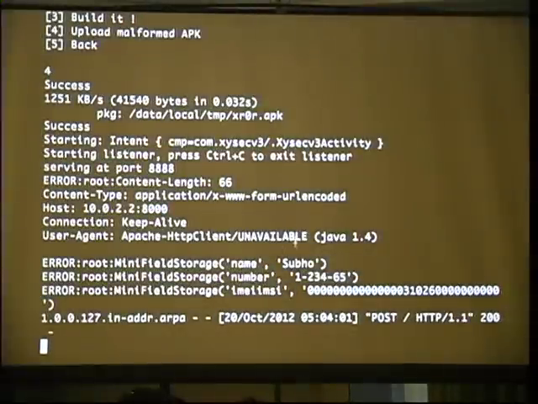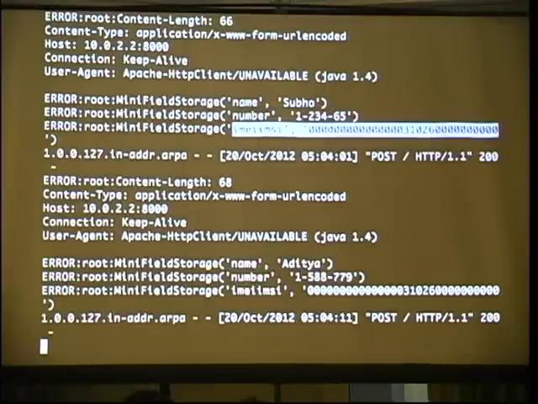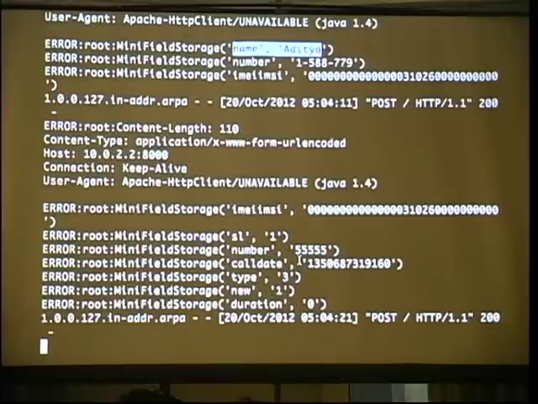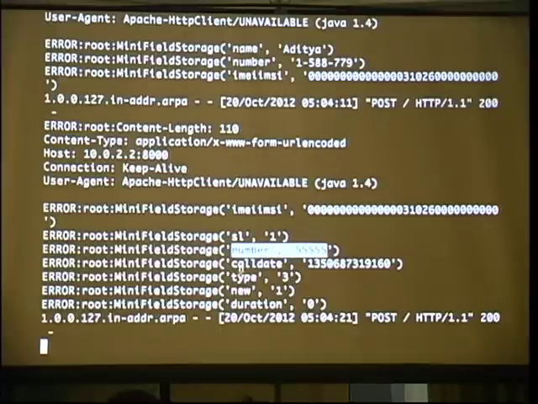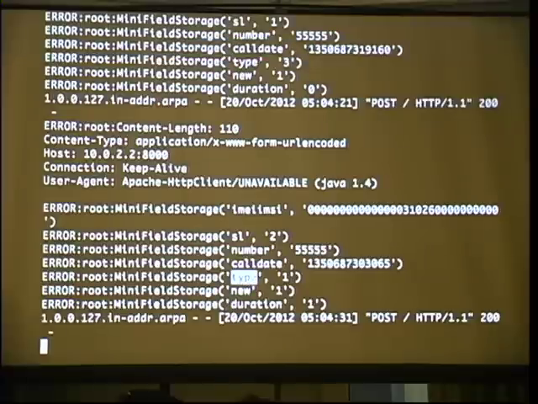I get the contacts, where the name is my name, and then the number comes, and then IMEI plus IMSI, and all the details which you want. The call logs also come over here, for example, from this number, the call date in timestamp format, the type, the duration, and everything.